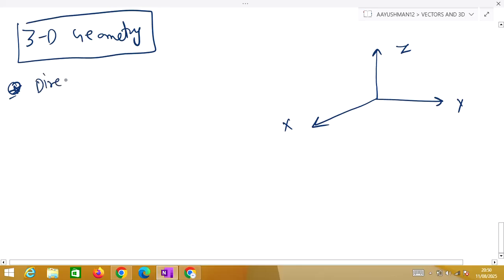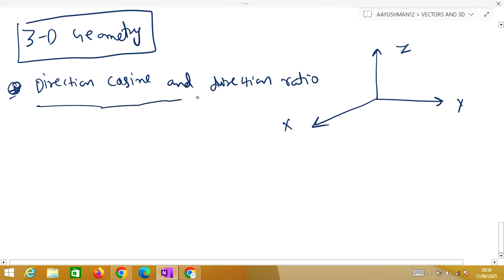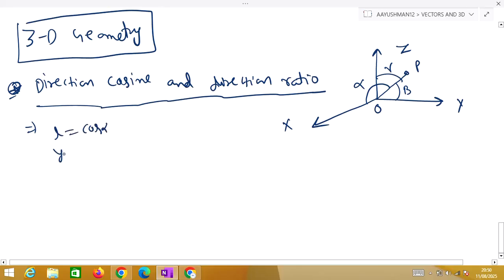We will also discuss the direction cosine and direction ratio. Two things are there. Direction cosine में क्या था? If we have any point P and if we join this line from here, whatever angle it makes with alpha, beta and gamma with the axes, then the value L is equal to cos alpha, M is equal to cos beta and N equal to cos gamma, is called the direction cosine. और ये वैल्यू होता था x बटे r, y बटे r, z बटे r।